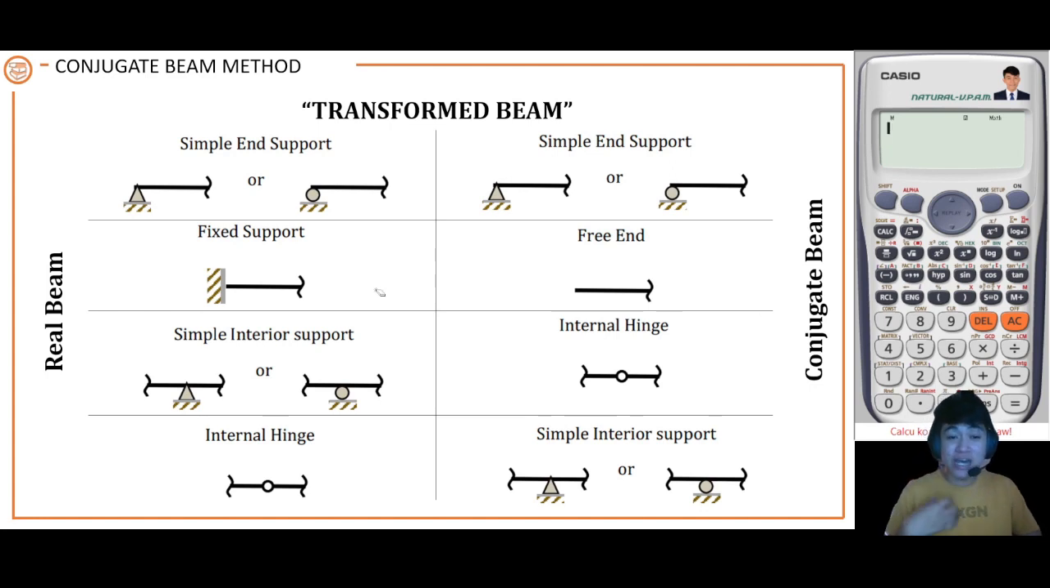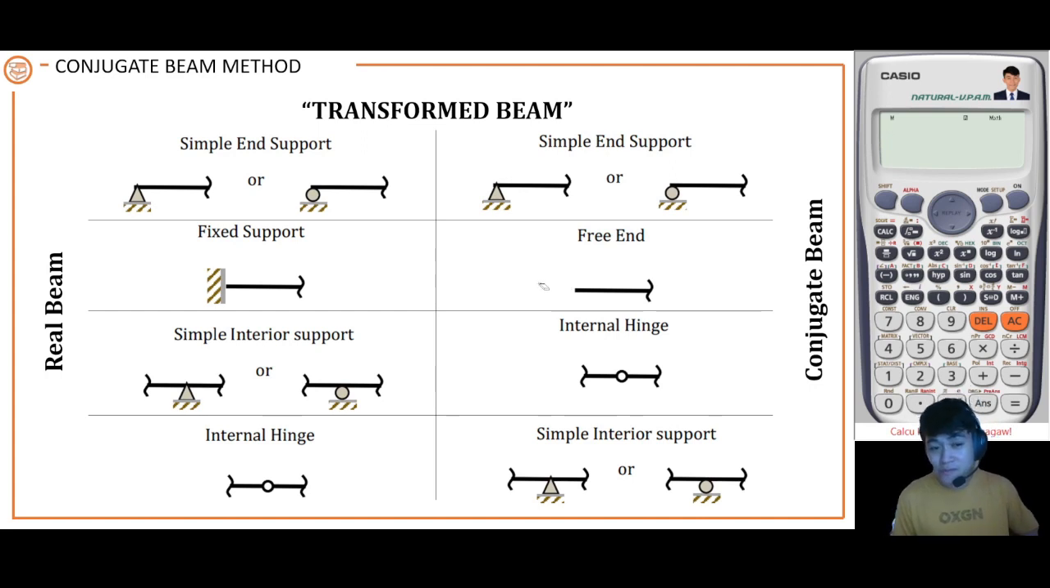Now, let's understand first how to transform a real beam to a conjugate beam. All you have to do is look at the supports, or the end of each beam. For example, if you find a simply supported beam, or simple supports such as a hinge or roller, and you convert that into a conjugate beam, it is still a hinge and roller. However, if that is a fixed support, that will be a free end